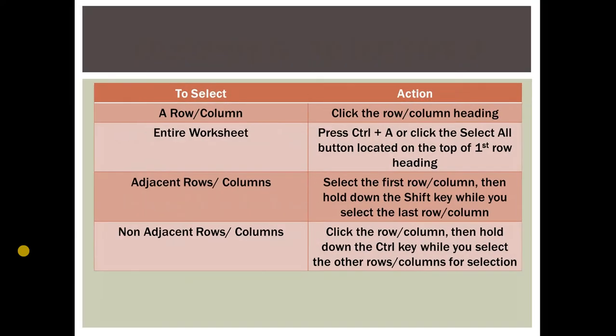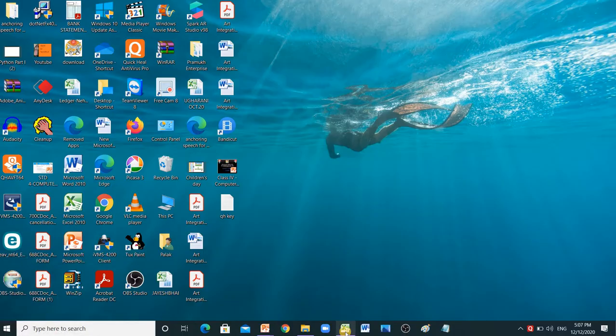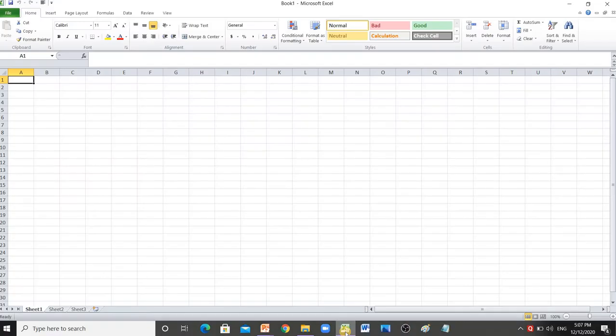So the first thing that comes is selecting a cell. How do you select a cell? For that, let us go to the Excel sheet. Now in this, if you want to select a row or a column, as you have studied in your previous class, 1, 2, 3, 4, these horizontal lines represent rows and A, B, C, D, these alphabets represent the columns. So if you want to select a row or a column entirely, you can go to that particular row.